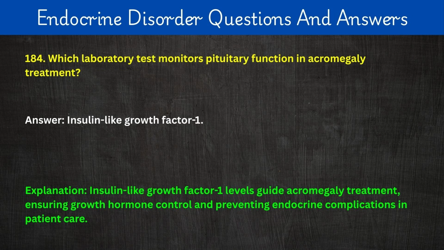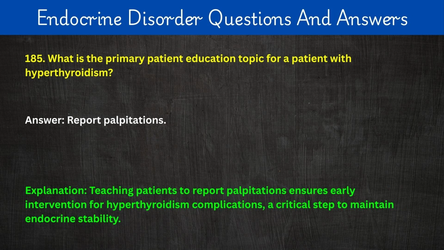184. Which laboratory test monitors pituitary function in acromegaly treatment? Answer: insulin-like growth factor 1. Explanation: insulin-like growth factor 1 levels guide acromegaly treatment, ensuring growth hormone control and preventing endocrine complications in patient care. 185. What is the primary patient education topic for a patient with hyperthyroidism? Answer: report palpitations. Explanation: teaching patients to report palpitations ensures early intervention for hyperthyroidism complications, a critical step to maintain